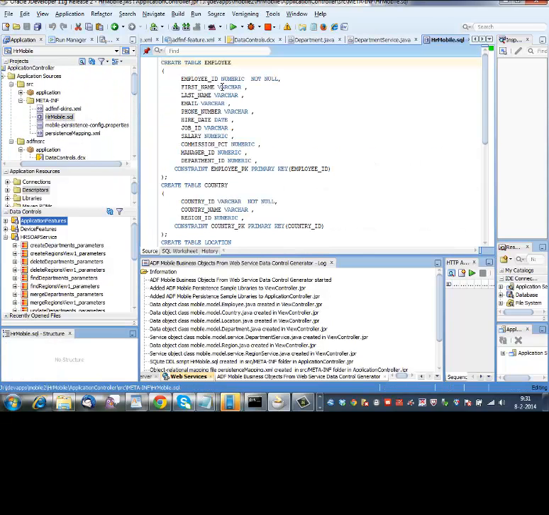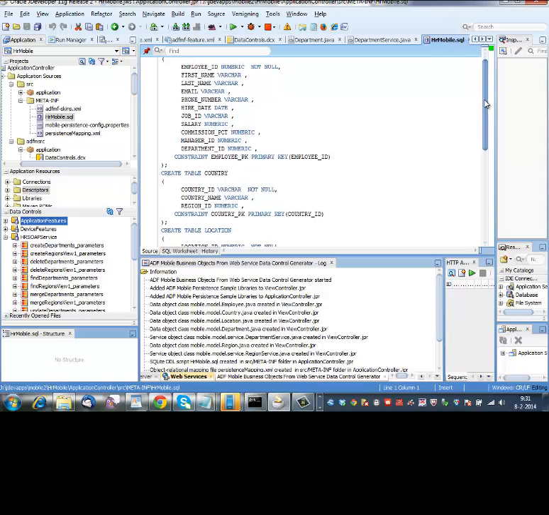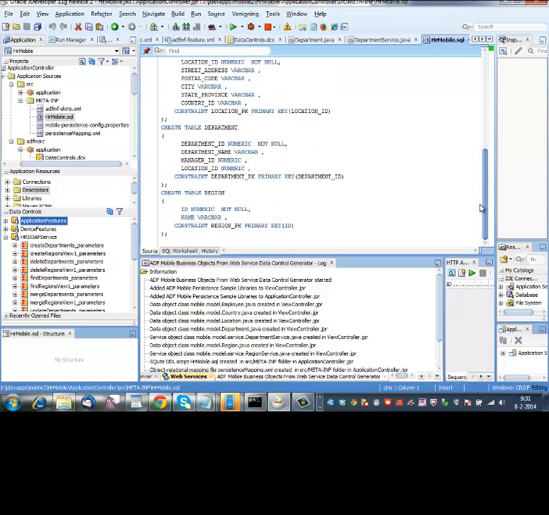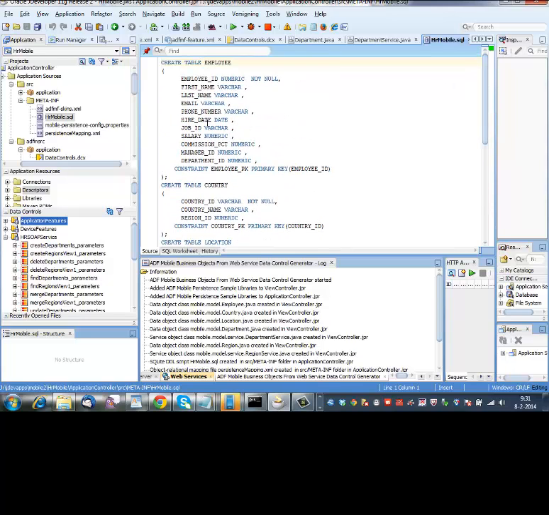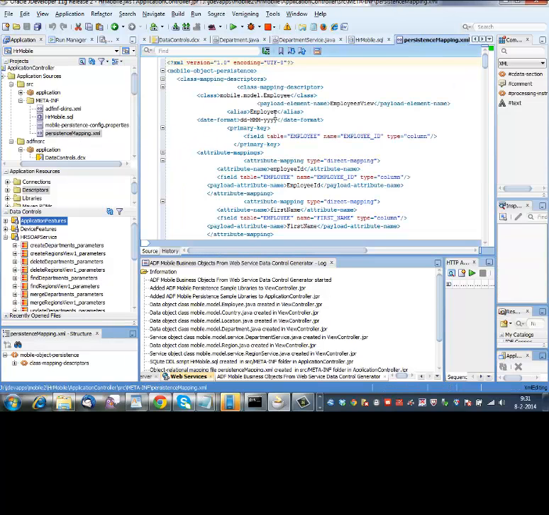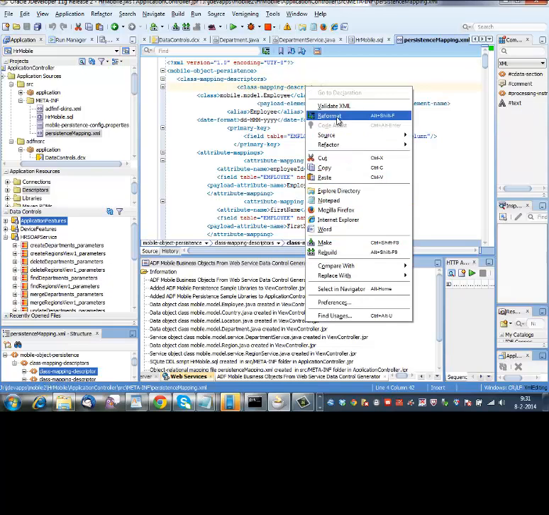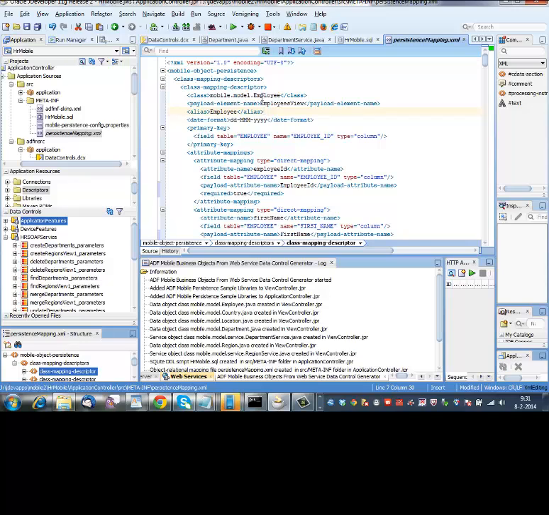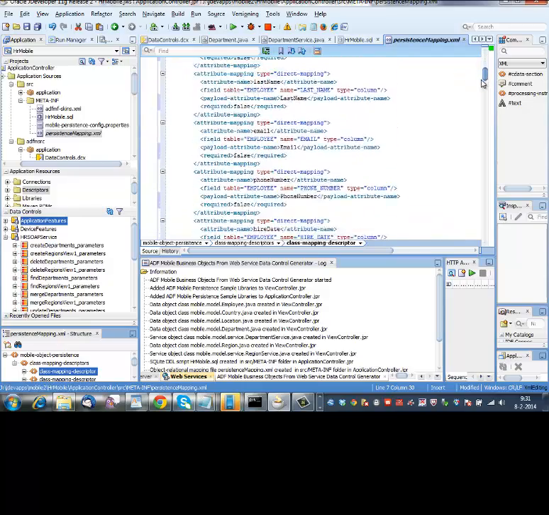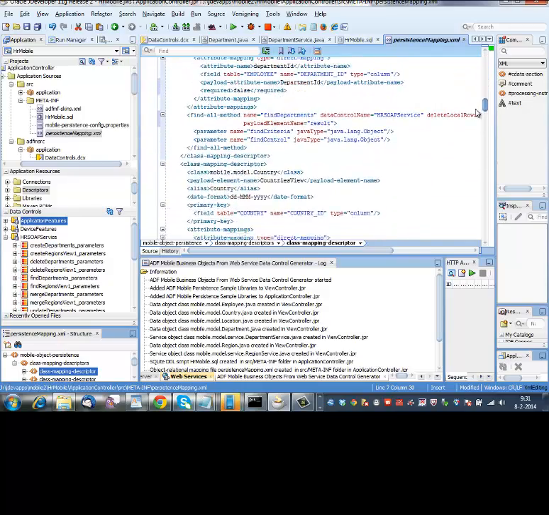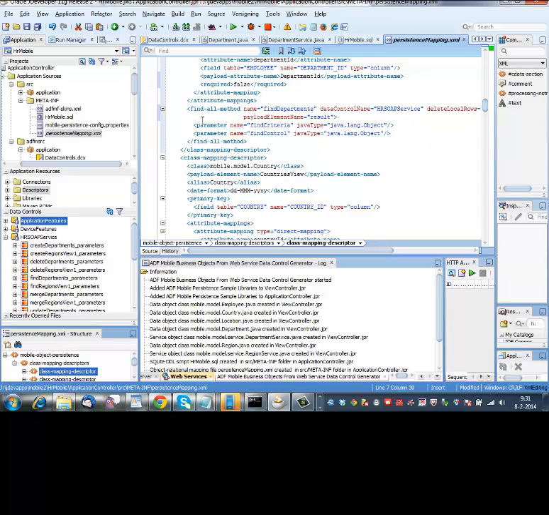Furthermore, we have generated a SQL script which creates the tables for the various data objects, and a very important file which specifies the mapping information. So for all the data objects, it specifies for each data object attribute, for example employee ID, how it maps to the underlying table and column, and also the name of the attribute in the payload, Employee ID with an uppercase. So we have that for all the data objects, and as you can see here, we have the find all method,